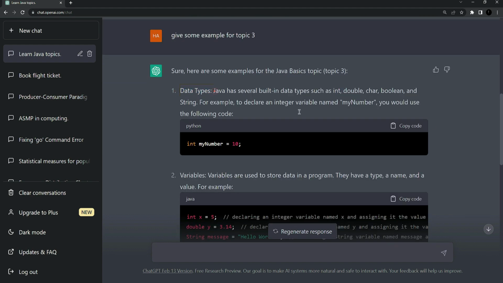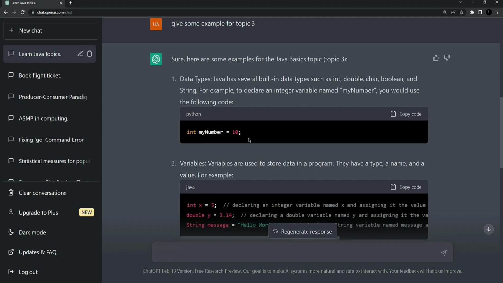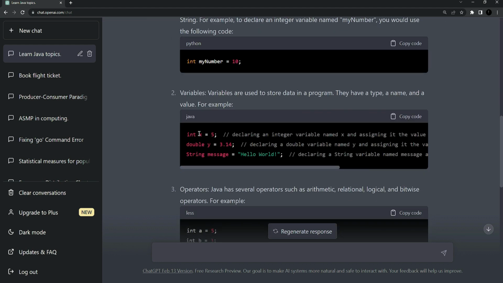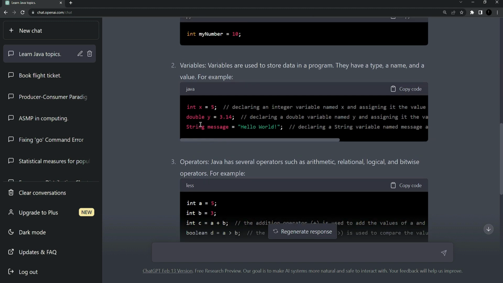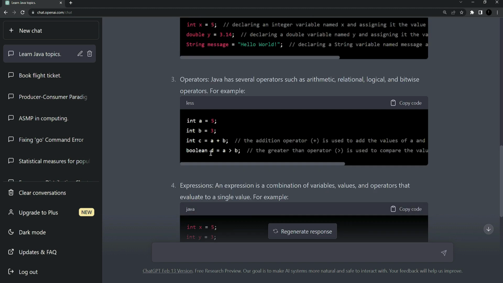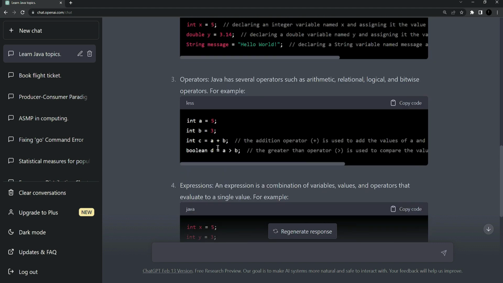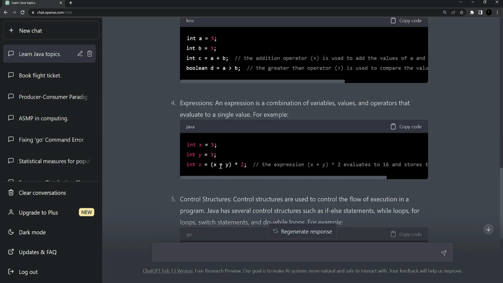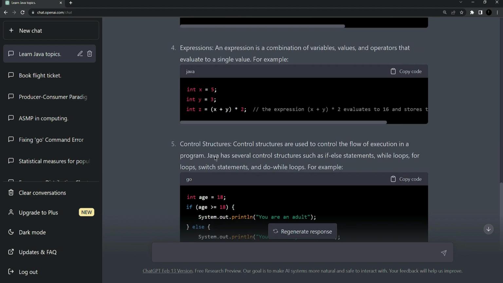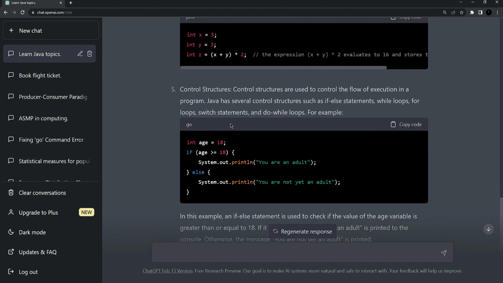First, data types. It shows you how you declare a data type or variable in Java. Then it shows you how you can declare multiple variables with different data types like double, string, etc. It also shows how you can use operators in Java, for example plus and greater than sign. Furthermore, it shows you how you can declare an expression in Java like this. And if talking about if and else conditions, it also gave you an example of how you can use conditional